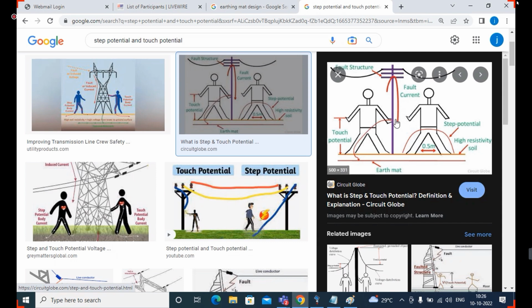Why? Because touch potential indicates the voltage between the energized object and the person's feet. For that also we need to calculate the touch potential.